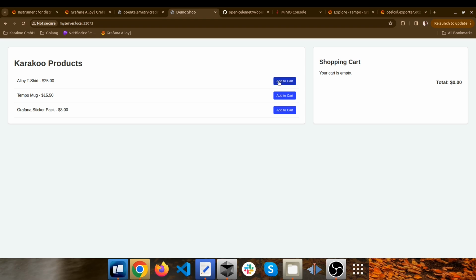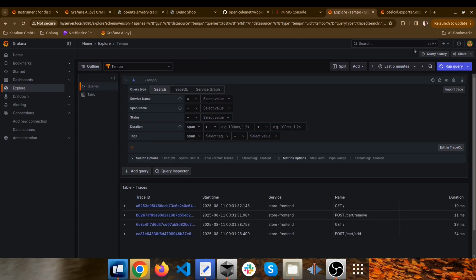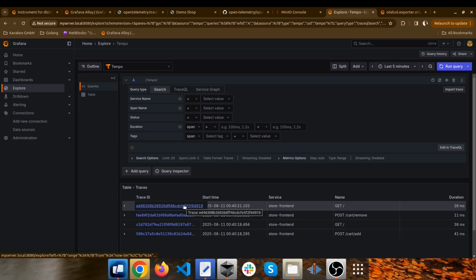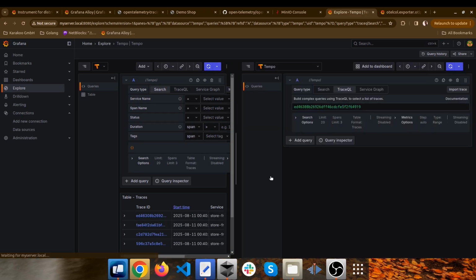For example, I add an item to the shopping cart, and I remove it from the cart. So these are interactions. Now if we go back to Grafana and I click on run query, these are the new traces for our application. If I click on one of them,